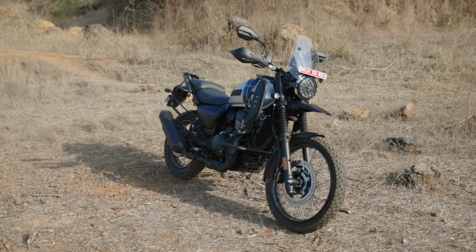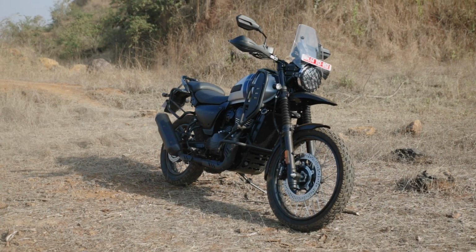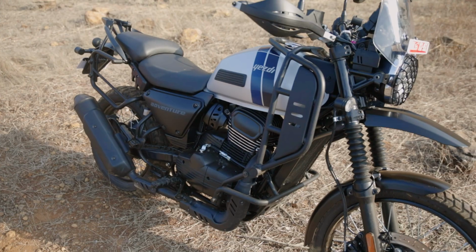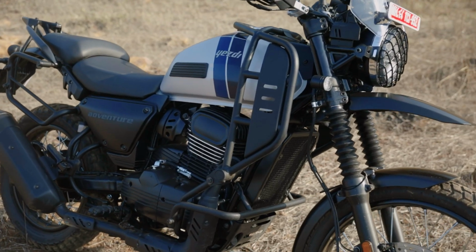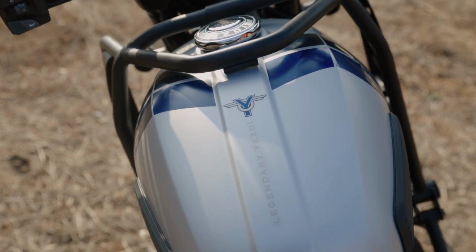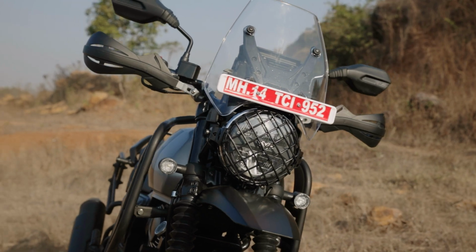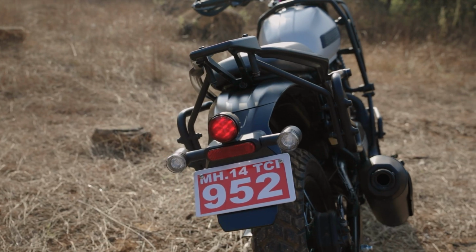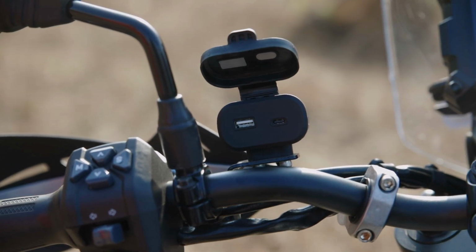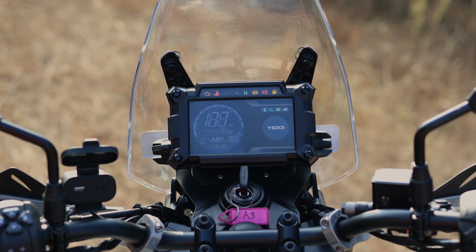This industrial design the Yezdi Adventure tries to rock looks cool. Even the colors offer a nice vintage feel. Under the retro fuel tank and engine casing is modern hardware you'd want from an entry-level ADV. You even get more features you'd expect on a modern day motorcycle, like LED headlamps and tail lamps, LCD instrument console, handlebar mounted USB charging and Bluetooth connectivity too. That said, the 15-degree tilt feature on the instrument console is nice, but the LCD itself is hard to read